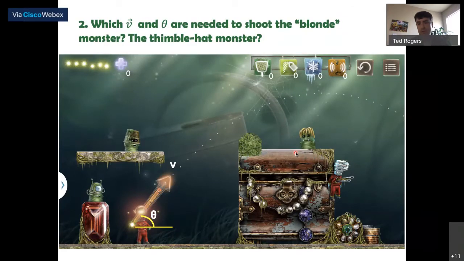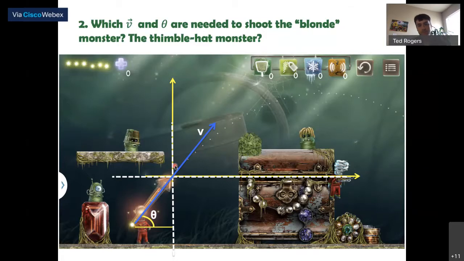So first thing to do, of course, is to draw pictures. Remember, I emphasized you need to start by drawing pictures. I would go ahead and put some labels for the angle and for the initial velocity like this. And whenever you've got something where you draw pictures, you usually want to draw things like axes. That means you need to choose an origin. So let's make the point x equal to 0 and y equal to 0 to be the point right here where the ball comes out of the gun. Okay. So that should get you started.